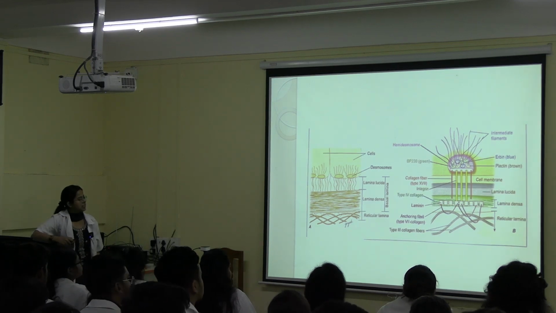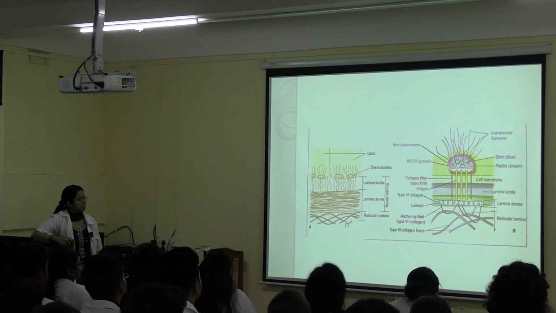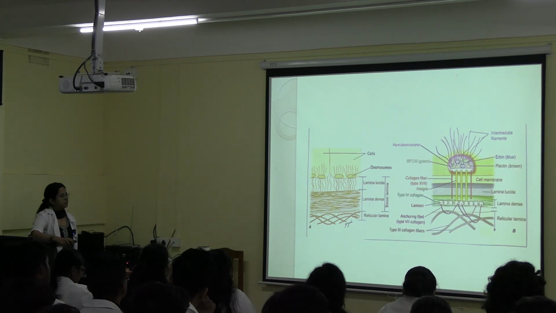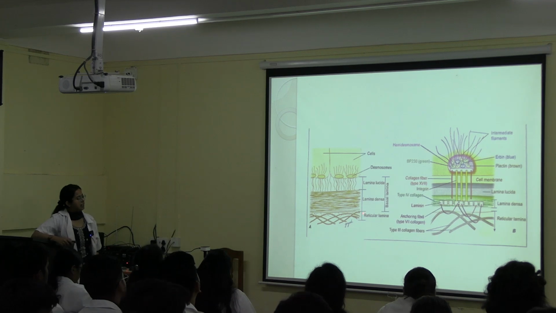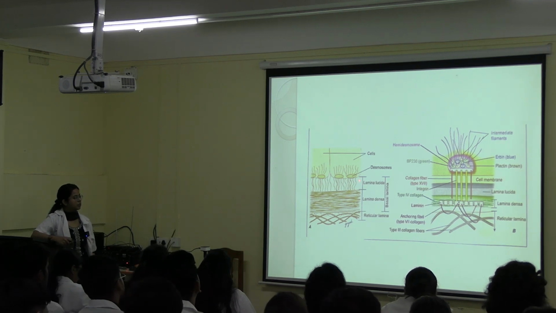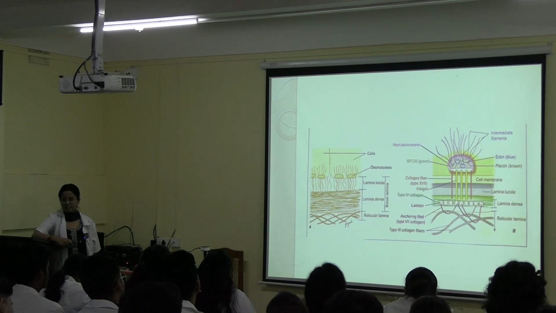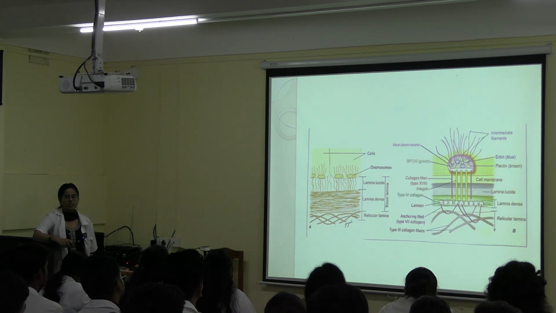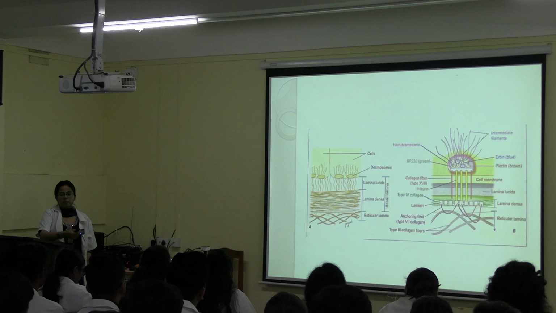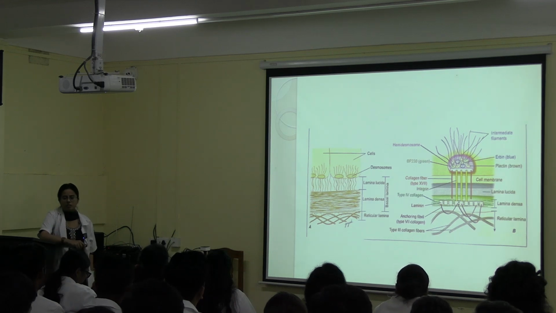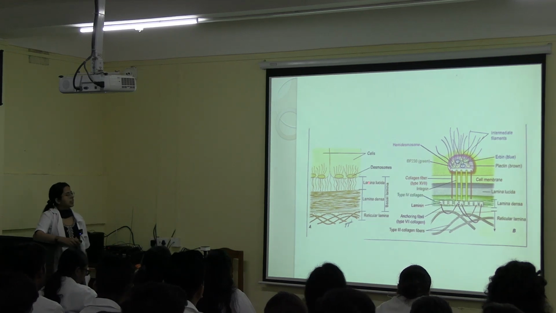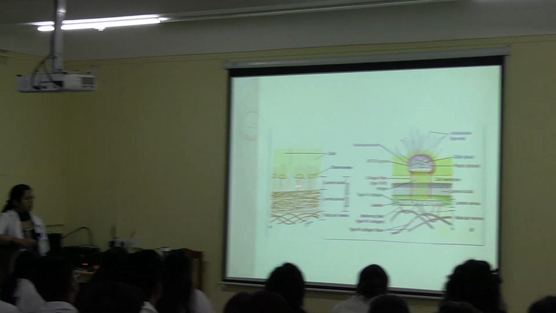You can see here, basal lamina is further divided into two layers. This is the lamina lucida and this is the lamina densa. Lamina lucida is superficial, then is the lamina densa. So basal lamina, reticular lamina, and basal lamina further divided into lamina lucida and lamina densa. Now what is lamina lucida? It will lie just below the basal layer of epithelium. Basal layer, you are understanding, the lower layer, because epithelium may contain one or more layers of cells. So the lower layer is known as the basal layer of epithelium. So lamina lucida lies just below the basal layer of epithelium.